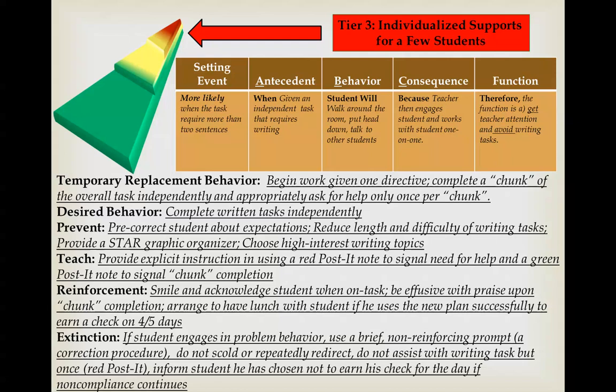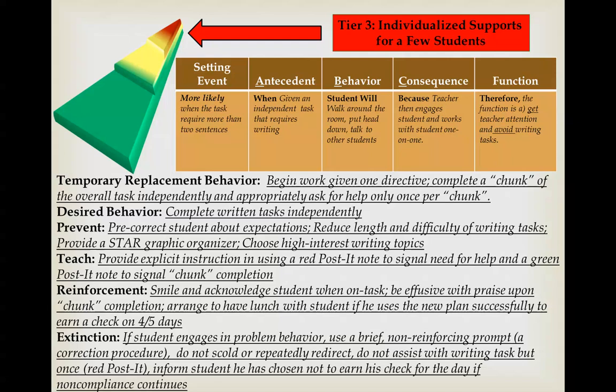So we've got the student saying, this is how much work you have to do before you can stop. When you do this much work, you can, as you'll see in a moment, stop and show it to an adult. That gives you both a break from doing the work and lets you get the teacher attention you want. Of course, in the long term, we want all the work done, and this is a good answer to the teacher who doesn't like the break card earlier, who wouldn't like this either because we're sanctioning doing less work, but only as an approximation towards eventually doing all the work, of course. Right, then the prevention is we're going to pre-correct the student about expectations for writing.